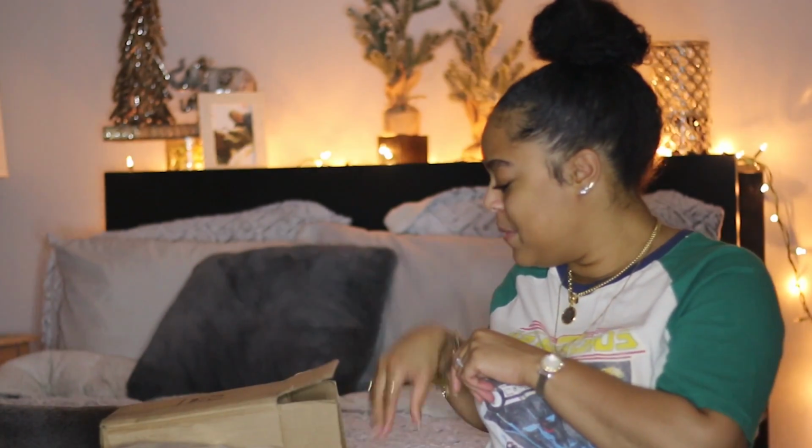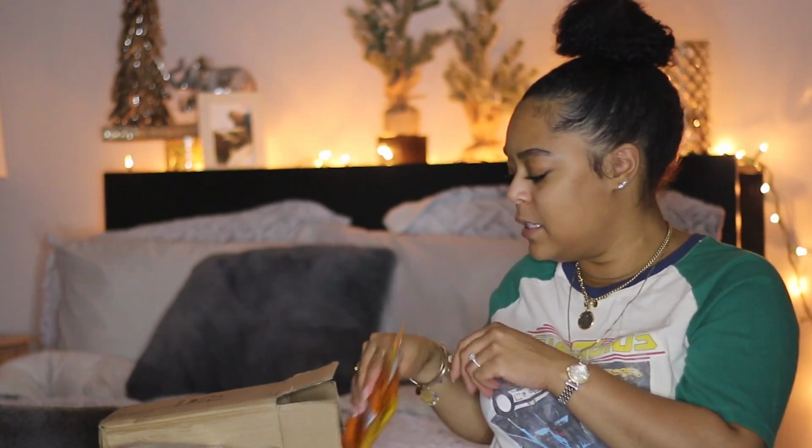All right, so yeah. All right, the next item that I picked up, and these are from Target as well, and I mentioned these in my product launch video as well, and I was mistaken. I thought there were 4 new masks, but really they just took their deep treatment mask, the one that they already had out, and put it in this little packaging. So there's only 3 new masks, and these are from CANTU,